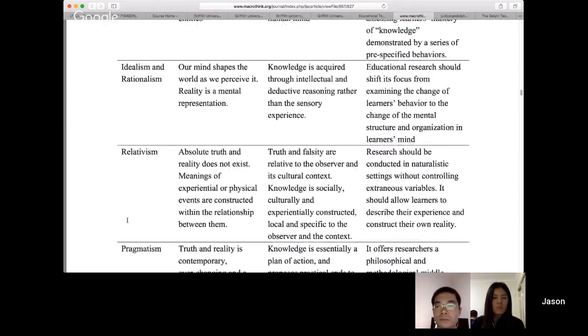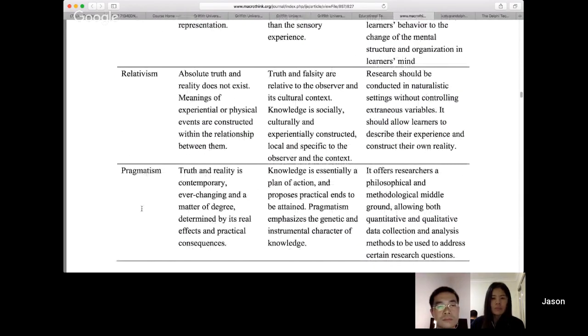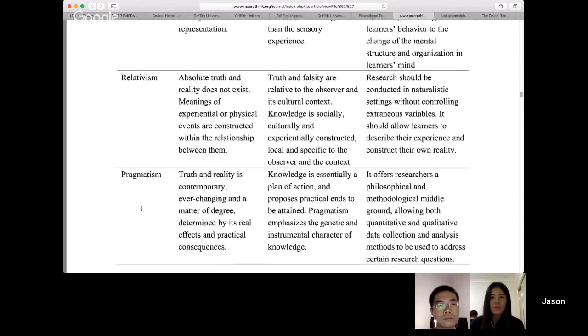Relativists believe in an absolute truth, and this is often related to religious aspects, where they believe in an absolute existence of truth, and that things are either true or not true, or good or bad, and things of that nature.